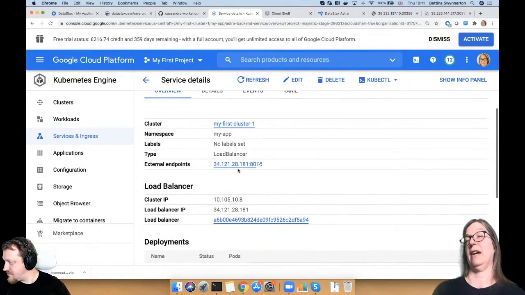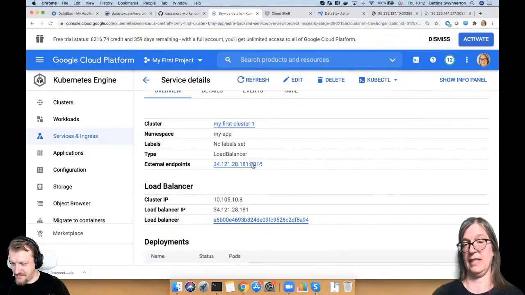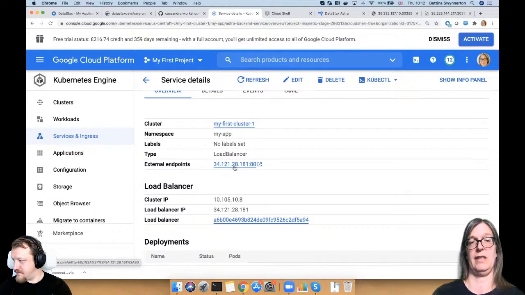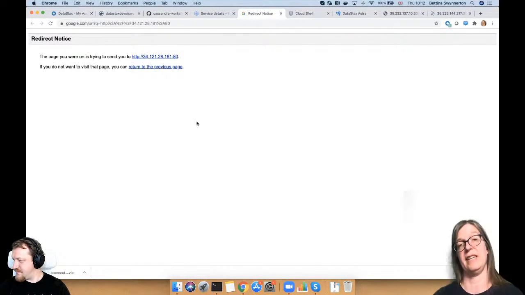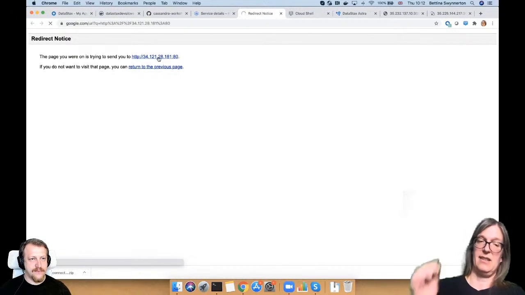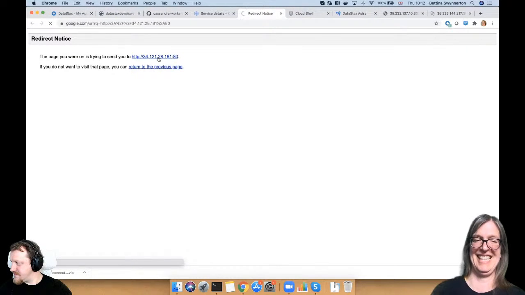Right, so now it's given us an external endpoint. So this is different now, right? It's different to the port that we had before, where we had to specify the exact port. This is just an external endpoint that links us to this pod now, or to the deployment, which then in turn links us to the replica set and to this one replica. And I hope it's going to serve.